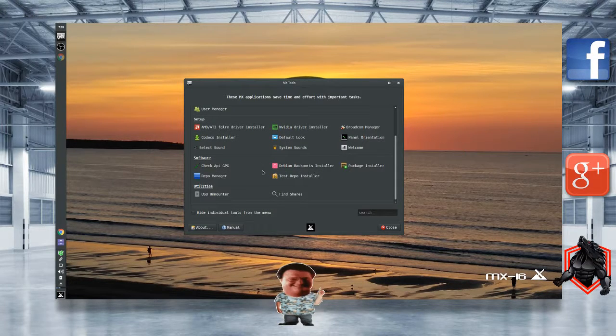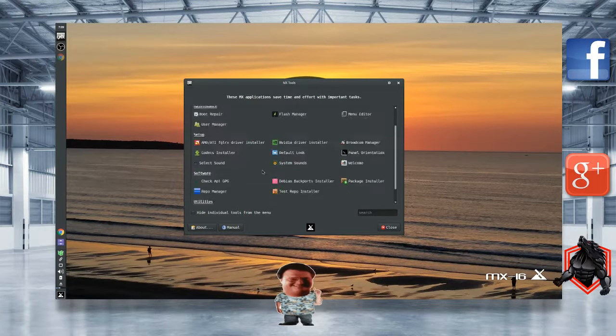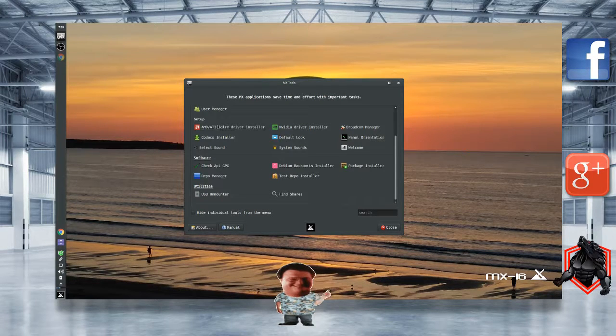Whoever put this together, I have to say the NVIDIA driver installer is really handy and makes it really easy to install your NVIDIA driver.